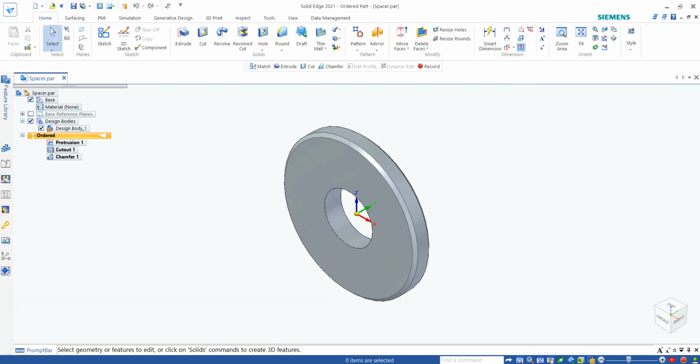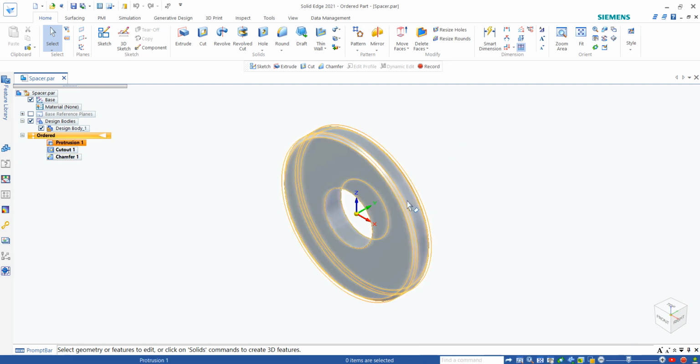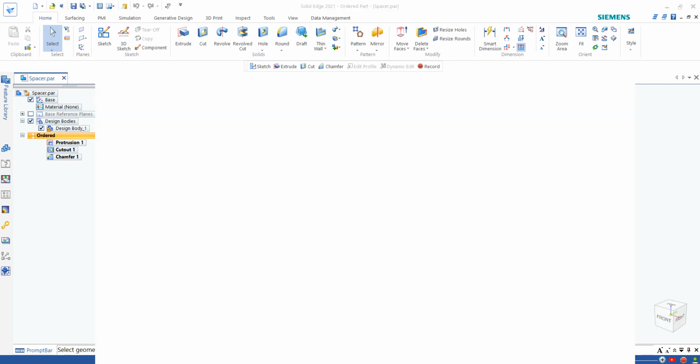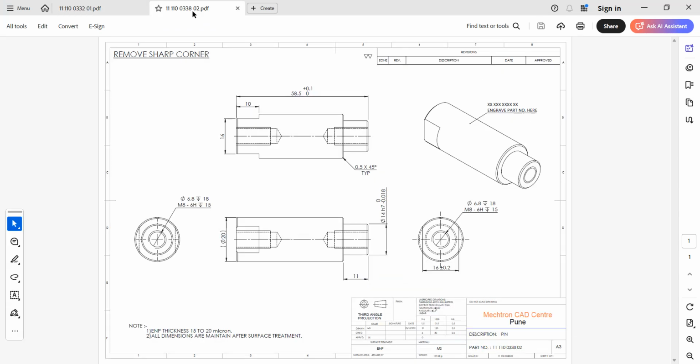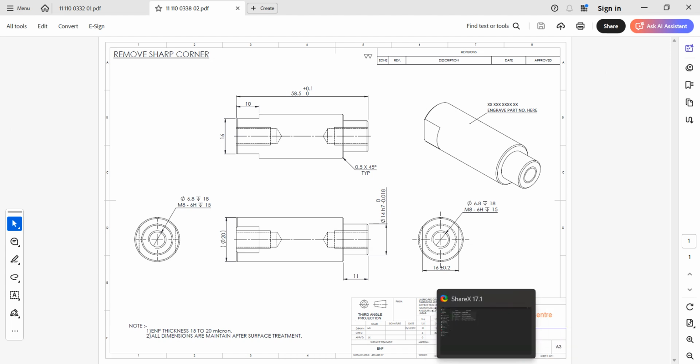Yes, so this is how we are going to create a part. We will take another example for this. So this one is our new part here. Okay friends, so